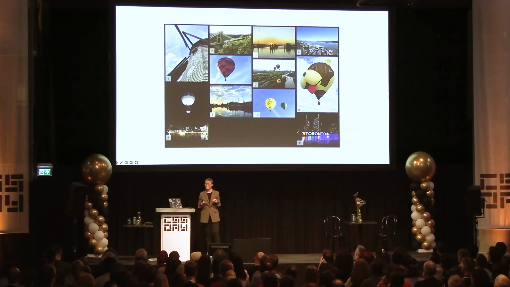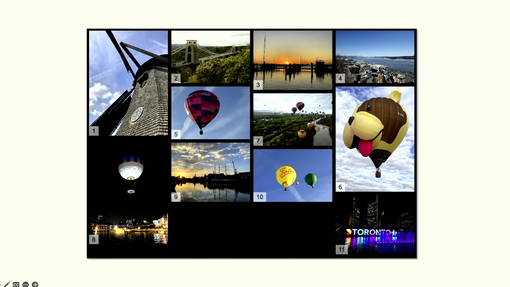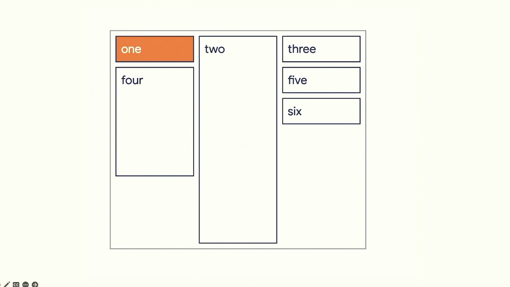And even with that simple masonry example, you can end up with unusual ordering. I've added numbers there so you can see the actual order these things are in the source. So even a very, very simple example is going to have an unusual order compared to the source. If you start adding really big things, it gets really weird. The tab order will jump around all over the place, and you can't really control that. That's just going to be whatever it is.